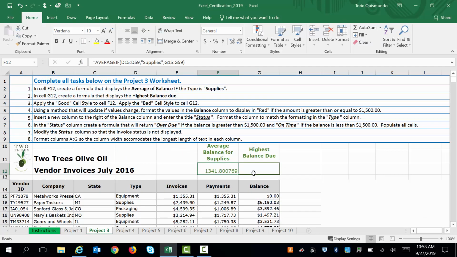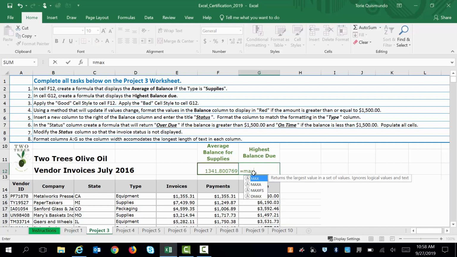In cell G12, create a formula that displays the highest balance due. Anytime it's going to ask you for the highest of anything, it's going to be max, a max function. So I'm going to say equals max. It's going to pull up my max function. I'll double click that. It'll place my max in there, and then I'm going to go up to my function,